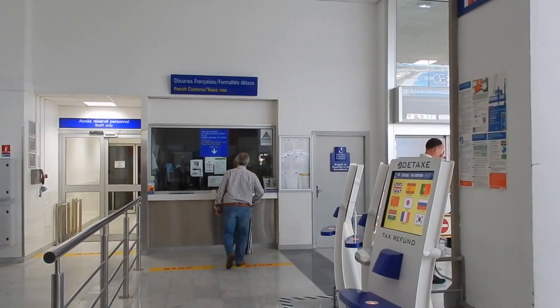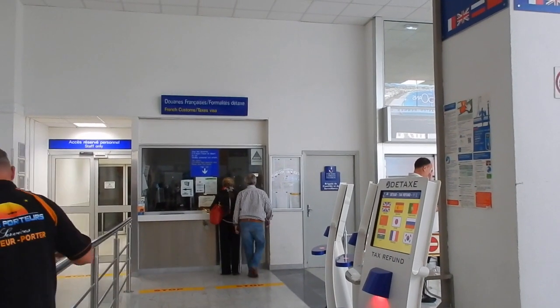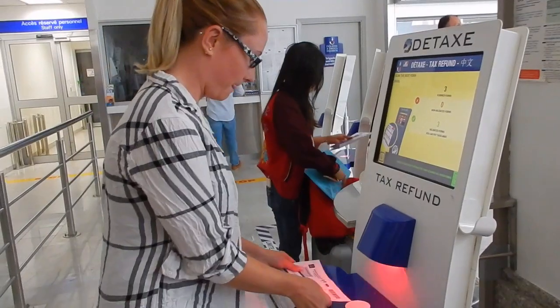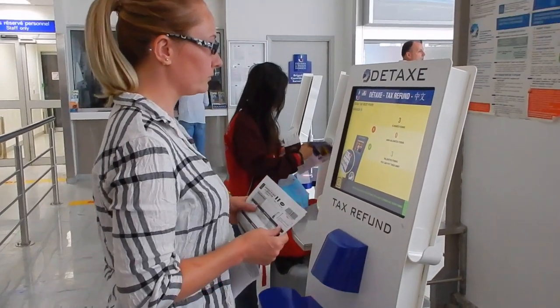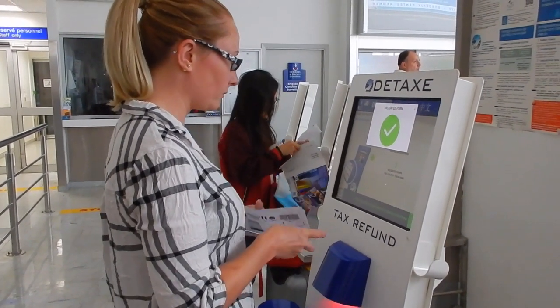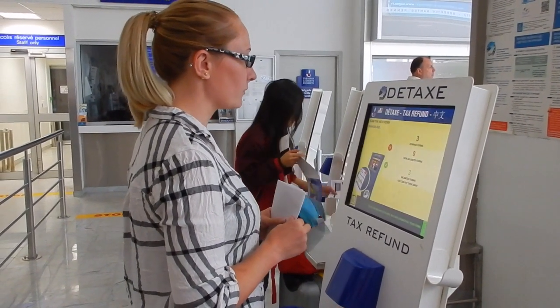So when you get to the airport, you're going to take all of your documents, and once you find the VAT office, which is usually on the outside of security, so it's going to be before you go through security, check-in, and everything like that, you're going to take all of your purchases, all of your paperwork. Hopefully you won't have to stand in line. You're going to go up to the kiosk, put in your passport information, and then scan your barcode for each one of your documents. And then the screen is going to either flash green, which means you're good to go,